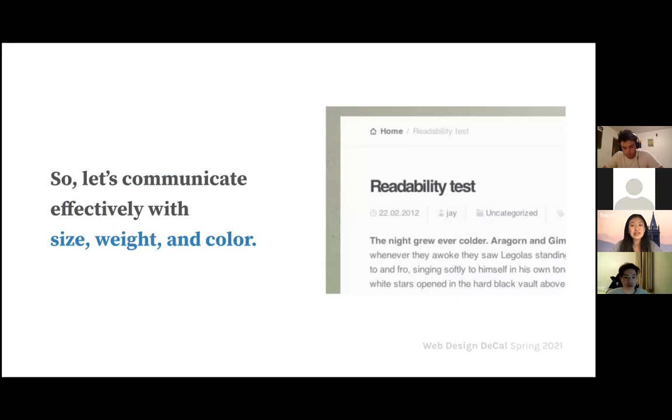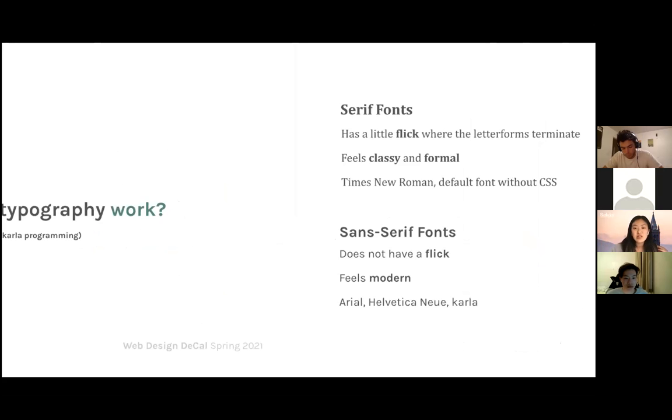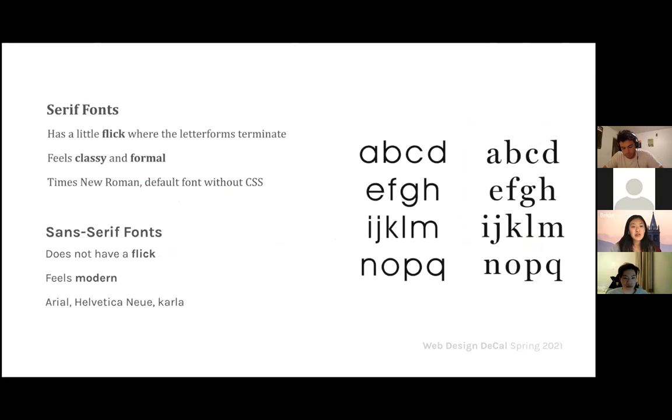And we'll break this down more in the following slides. Going into how we make typography work. Here we have our serif and sans serif fonts. If you take a look at these two images of the alphabet, you can see how this has a little foot right here and this one doesn't. This one is just straight all the way down. The difference between these two is that this one's a serif font and this one's a sans serif